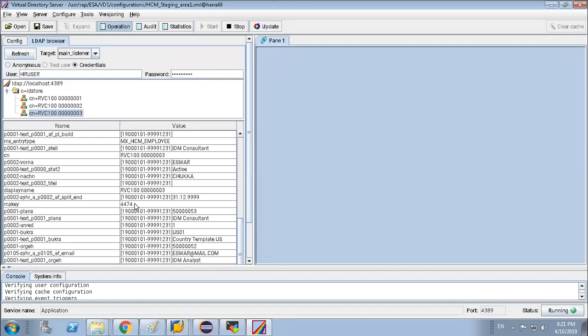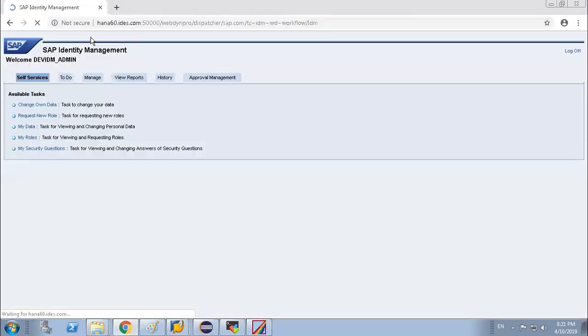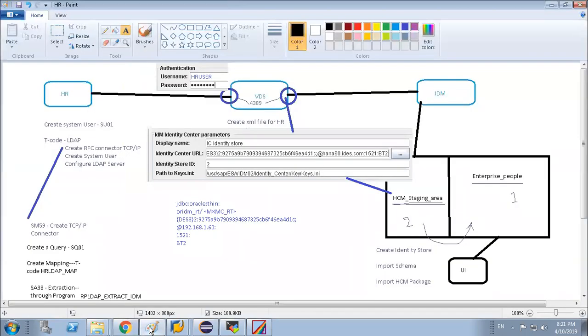Now, can you tell me this 4474, this user information, first where I can check? We can check directly in the UI, that is not a problem. But since the data has come up in the UI section, my question is, where will this data come first, where will it hit from this picture?